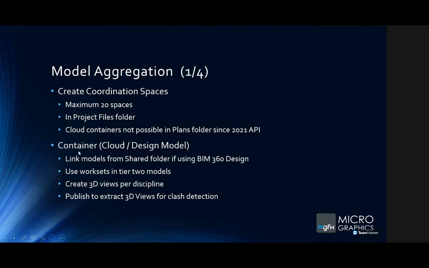And then what it contains is to create a container file, either a cloud model or a design model. In either case, when you save a Revit file as a cloud model up into BIM 360, that's not a workshared file, but the design file is a workshared file. So it's a similar situation as if we're working on a local area network with just a standalone file and then a central file. Then we can link models in from,